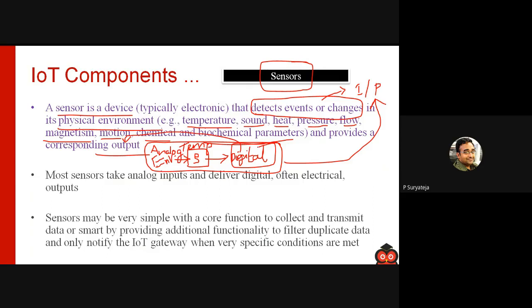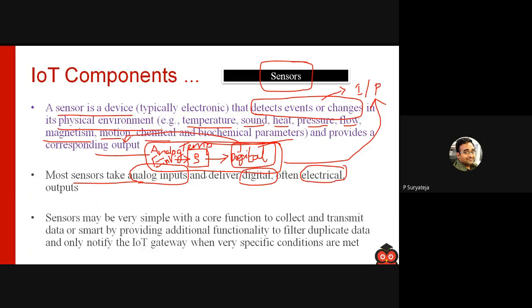But a sensor also has some input and output. The output of a sensor will be considered as input of the IoT system. You can see here most sensors take analog input and give digital, that is an electrical output.